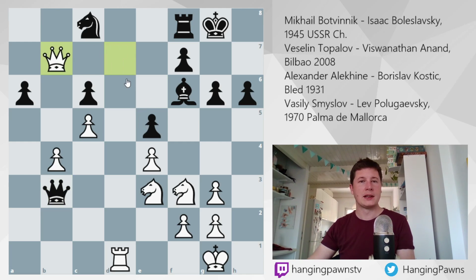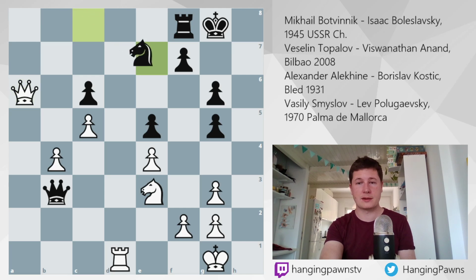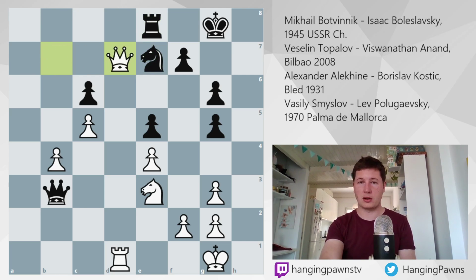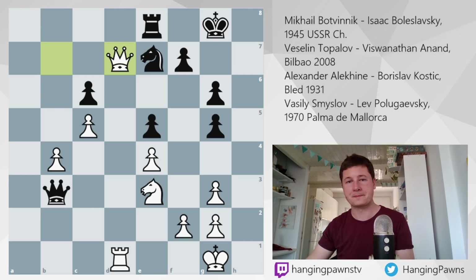you can see that black's pieces are not communicating. They are not defending each other. Black, of course, has two terminal weaknesses on a6 and c6, and the game was won easily by Botvinnik in the next 10 or so moves. You can see the whole game on chessgames.com. Just Google Botvinnik Boleslavsky 1945, and you will see